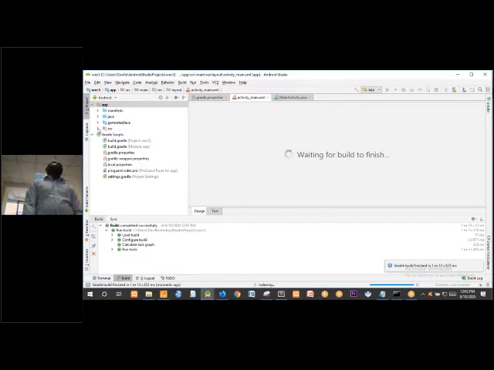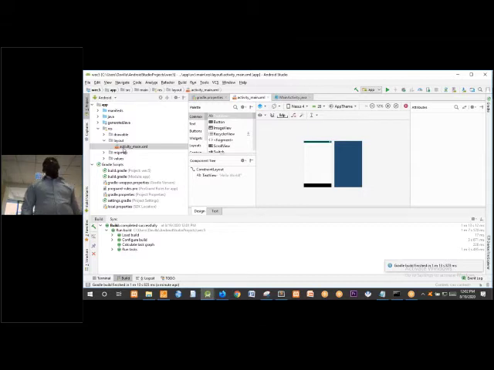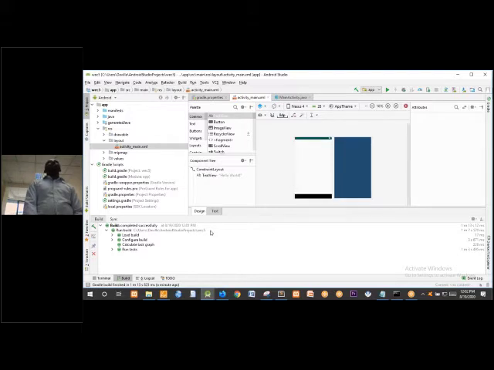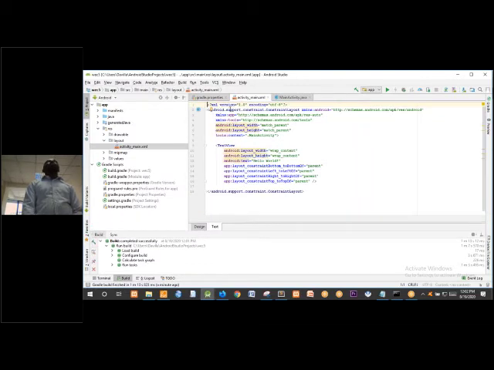Then the Android orientation. Android orientation. Vertical. The orientation is vertical